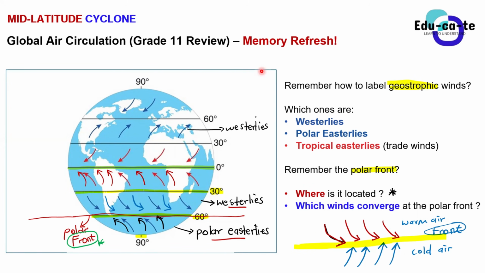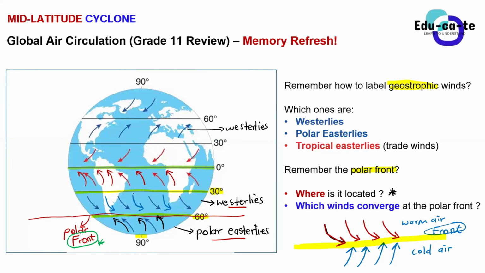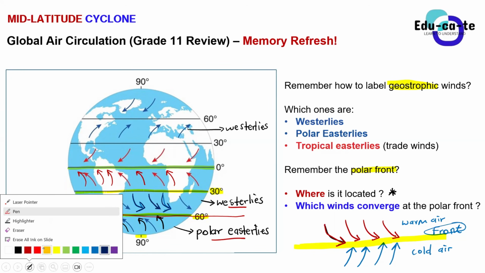So it's warm tropical air that's meeting the cold polar air. Okay, cool. You guys have got similar answers, right? So you can see from this diagram, guys, the air that is converging at the polar front, we have the westerlies from the 30 degrees line of latitude converging with these easterlies that are coming from the polar regions, these polar easterlies.